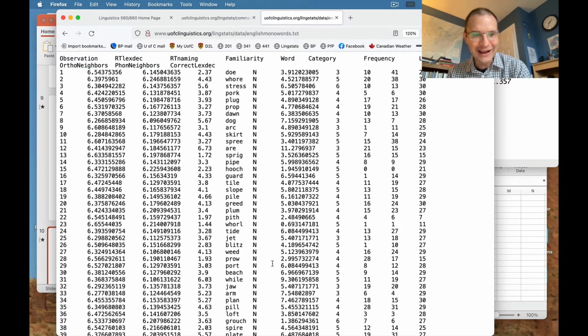And just looking at these, I can't come up with a lot of neighbors off the top of my head. So greed, here's one. Greed has a neighbor of green, right? Where you just change the D to an N. So those are two similar words, both orthographically and phonologically. And I don't know how many neighbors greed has in general. This, I guess, is a count of 16 and 24, respectively, for orthographic and phonological. A word like hooch apparently has no neighbors, even though I could think of hoot. So I'm not actually sure how they counted that. But anyways,